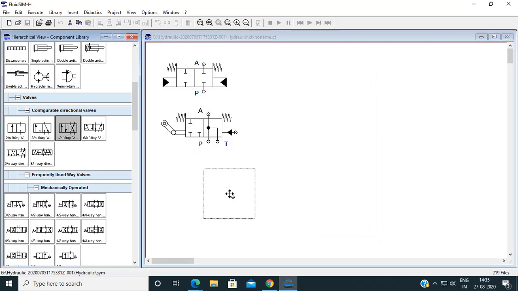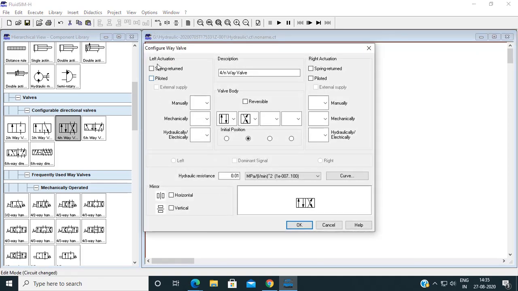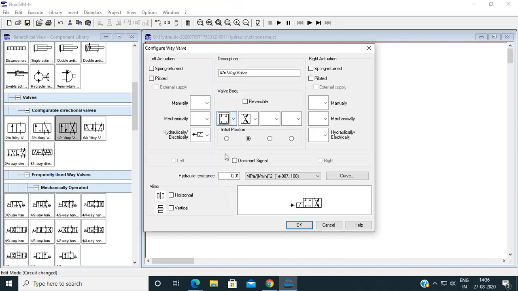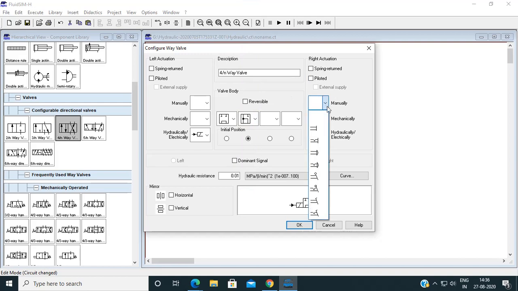Now we will see 4 by 2 DCV. Double click on it. Suppose I want solenoid operated. Now here are so many options available with us because we are using 4 ports. I want this. Now here I want this. Suppose mechanically I want to actuate it. If you want to mirror it, you can mirror it vertically.